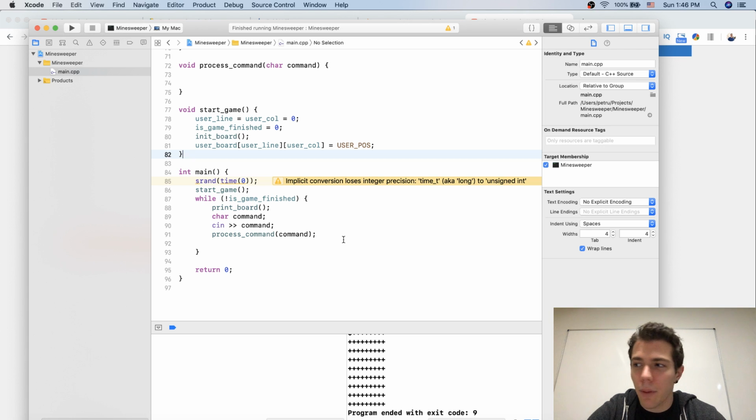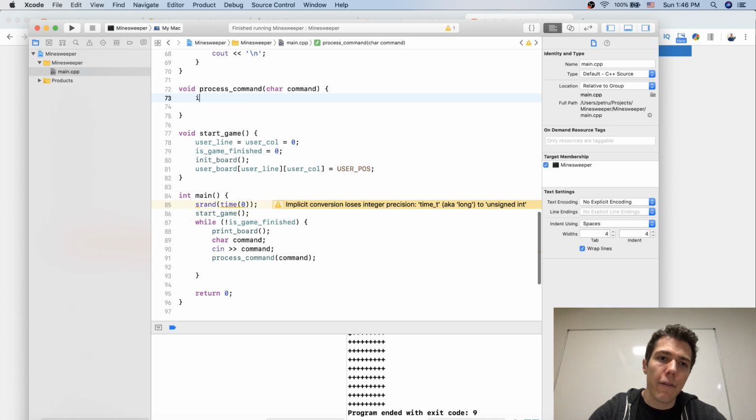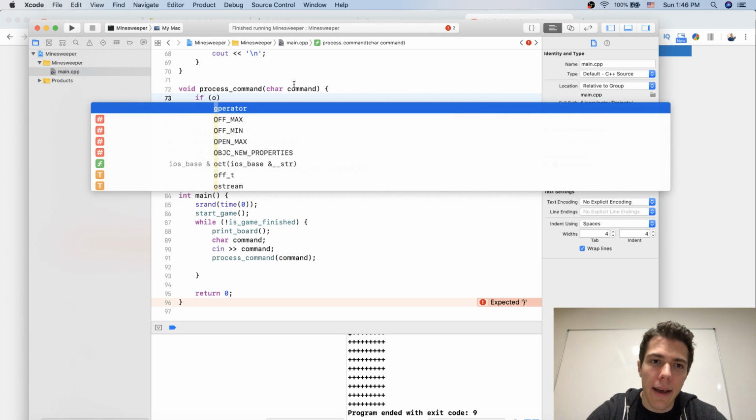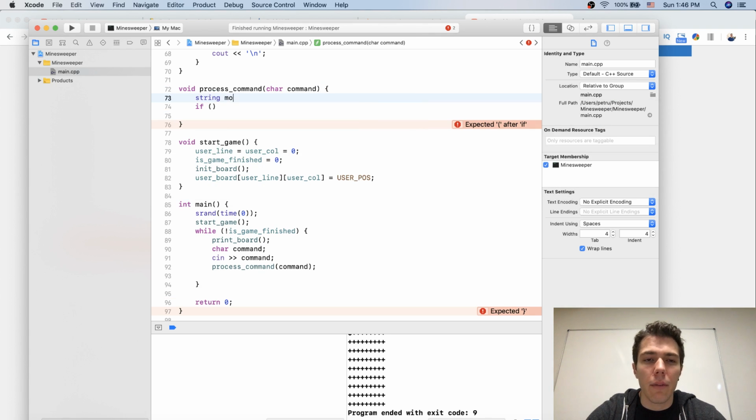Now let's stop the program, and let's say I have a string of moves, which will be the WASD,